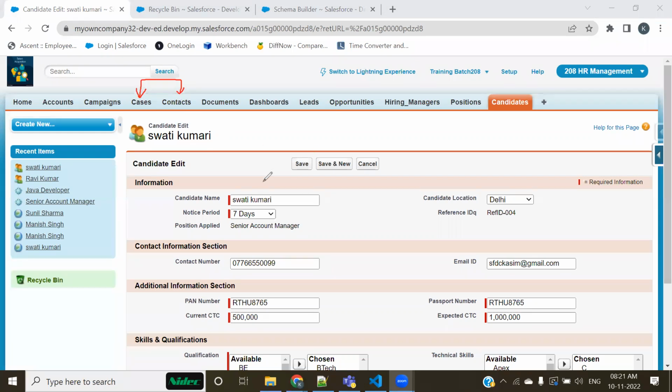Case and contact. Tell me one thing. Okay, let me clarify. Case object standard object ki custom object, batao. Standard object. Case is a standard object. Contact kya hai, standard hai ya custom hai? Standard hai. So when you are about to create a relationship between two standard objects, ab dekho ek cheez toh confirm hai, duniya ka sabse bada truth hai ye ki when you are creating a relationship, one of them would be going to become a child. Ab in dono mein se kisi ek ko toh child banana hi padega.